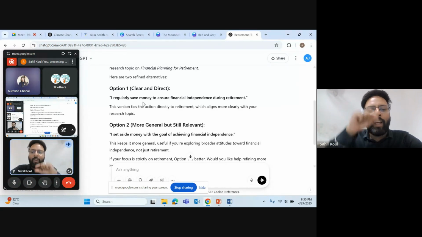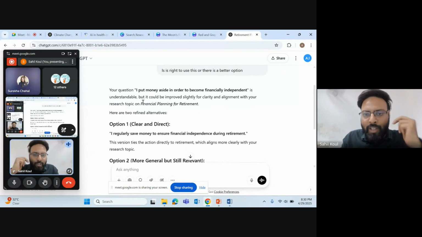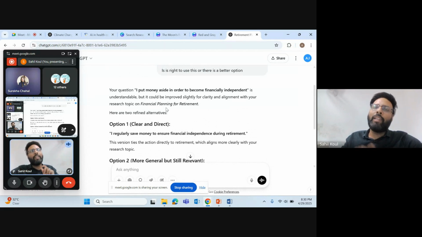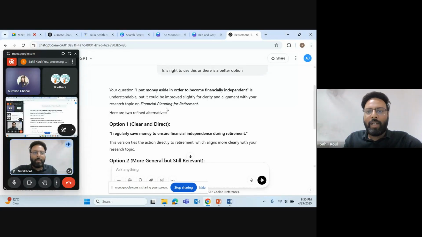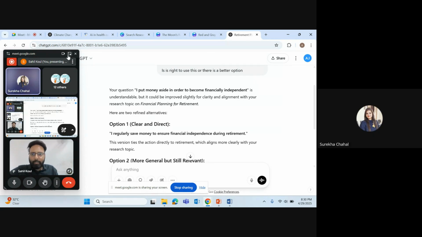They will ask you why you have brought this question. So you have to be clear about that. Why have you brought this question? Because you want to understand whether people are interested in sparing money or not, for their financial independence in their retirement, right? Okay, sir. Yes. Thank you.